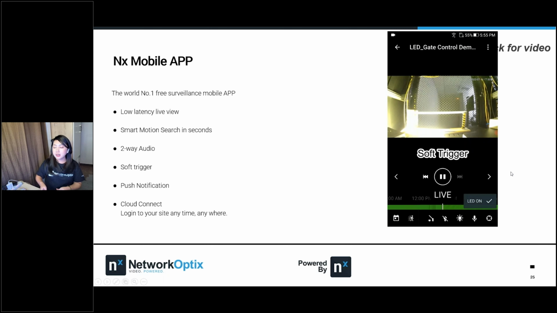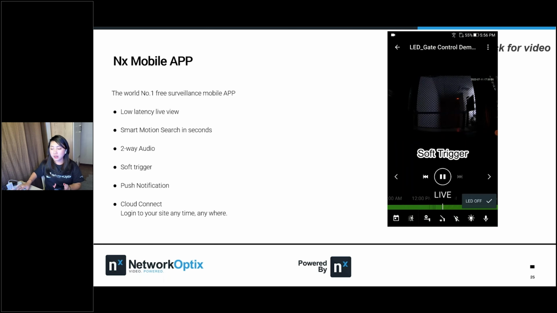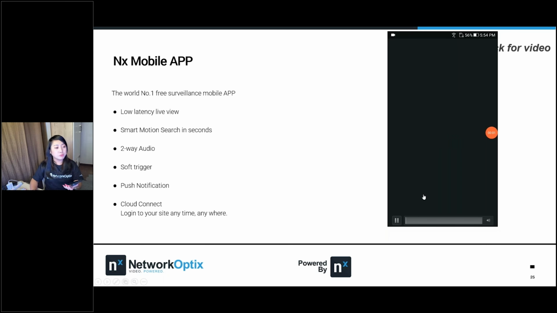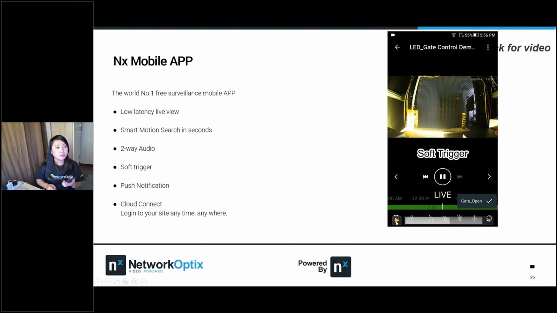So this one is soft trigger. Then you can turn on the light and then open the gate and then close the gate and then turn off the light. So this one is really, really helpful. Like if ever you are working in a security office and then you went to the toilet at some point, right? And then if ever there will be a VIP card that wants to enter the building, then okay, oh no, I'm still in the toilet. Then you can still use your phone to open the gate for them, right? So this is soft trigger.